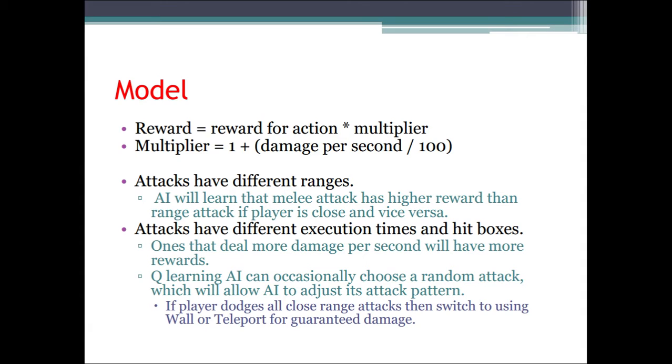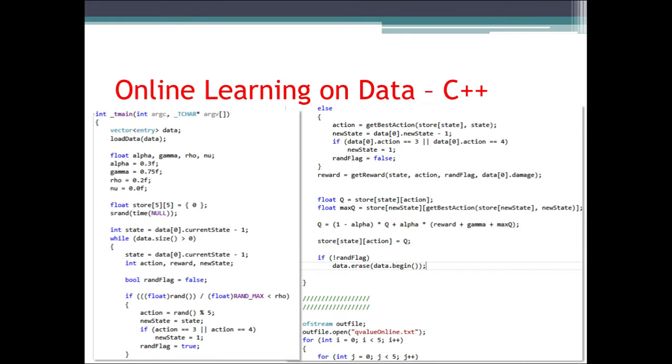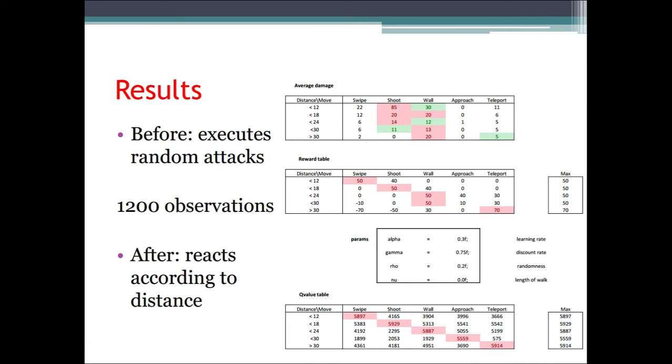The model I use here is that the rewards are based on the action-distance pair and how big the damage is. This way the AI has more incentive to change its attack pattern if it is not effective enough. Here's the code for doing that in C++. It is performed outside of the game, and the result I got is kind of neat. As you can see here in the table at the bottom, the maximums are all on the diagonal of the table. It does not always look like this, but this is the most common form after I tried different parameters.